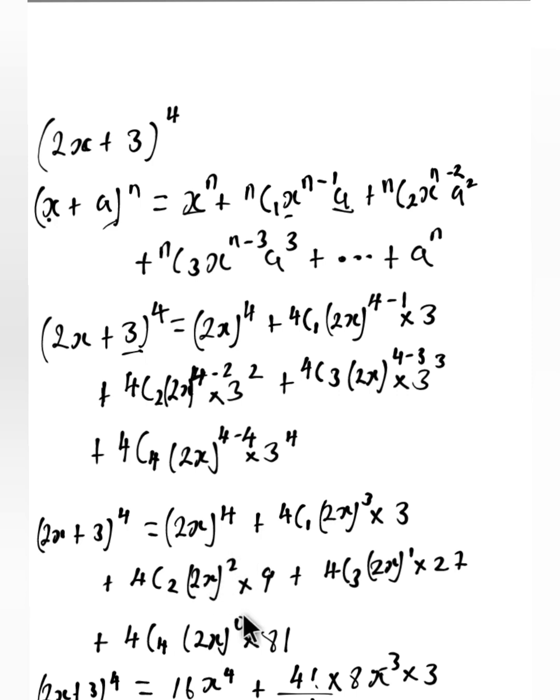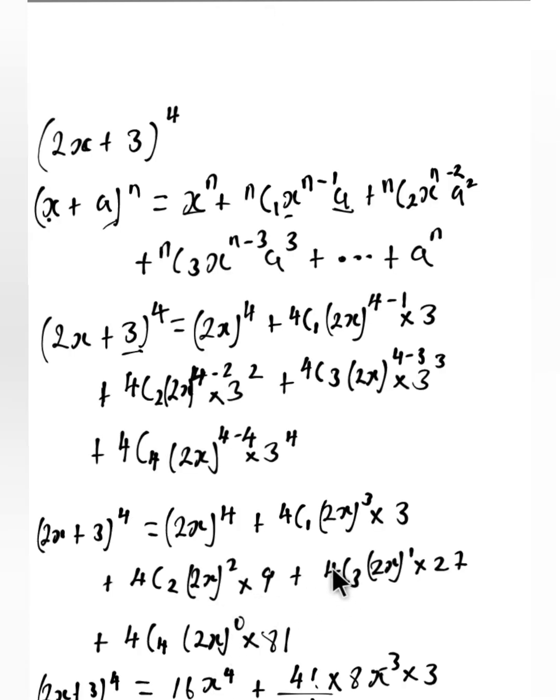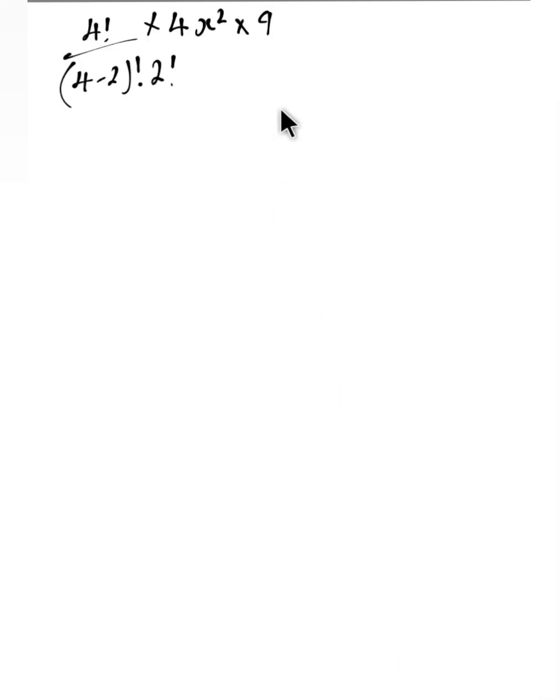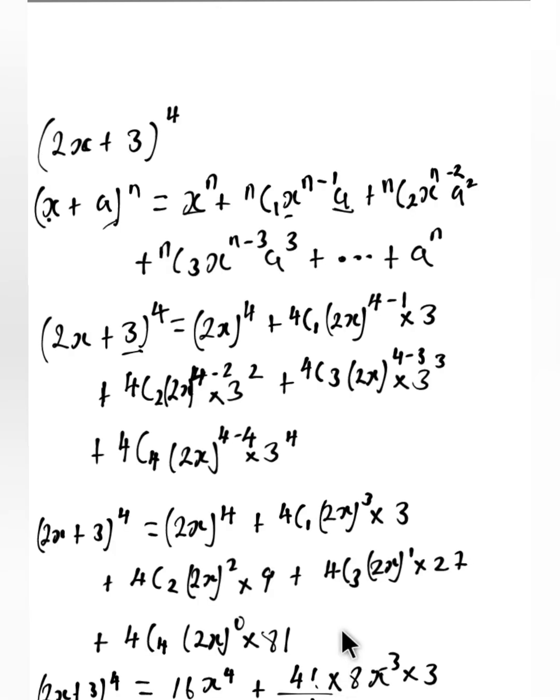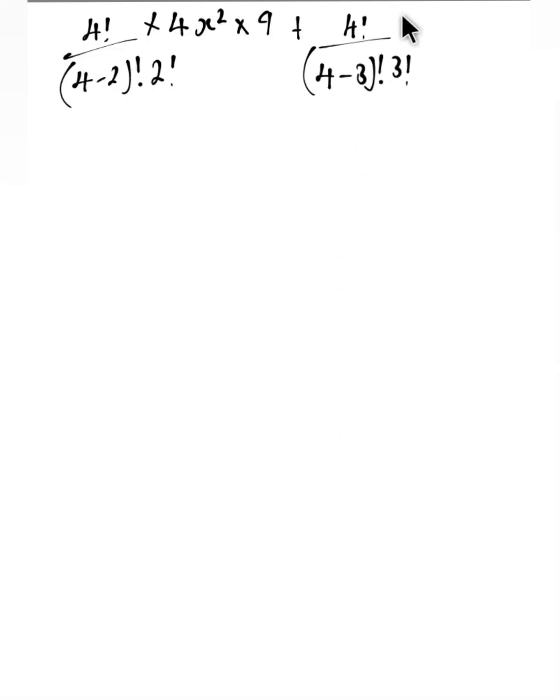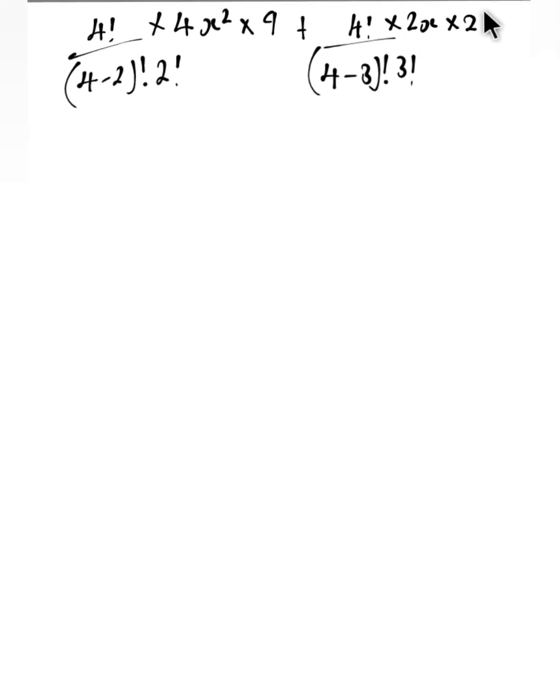Then (2x)^2, that will give us 4x^2, times 9, plus 4 combination 3. Now 4 combination 3 is 4 factorial all over (4 minus 3) factorial, 3 factorial. (2x)^1 times 27, which is 2x times 27,